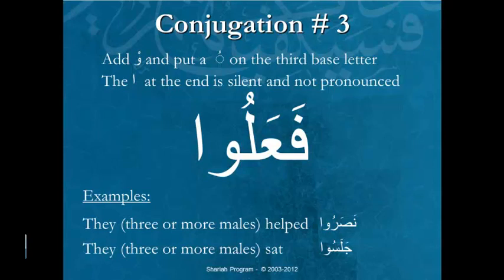So the lam position, they call it the lam position. Lam position is a reference to the third letter. The fa position, the ayn position, the lam position. When you want to speak about any of those 3 base letters, this is how we describe them. So the lam position of the verb will receive a dhamma, and this will create a lu, fa'alu. Now there's an alif at the very end also. The alif at the very end is